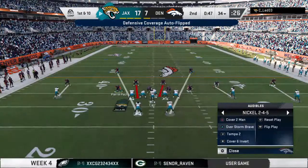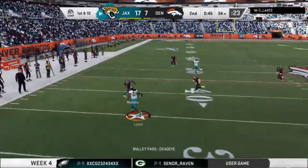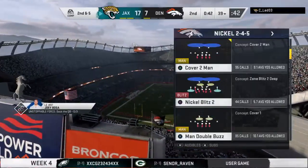Jaguars come to the line to start their next drive. You've got under a minute to go here until halftime. You've got the good-sized lead. No need to do anything crazy. No, there really is no need to do anything crazy. The smart play, go ahead and take your lead into the locker room and then try and add to it